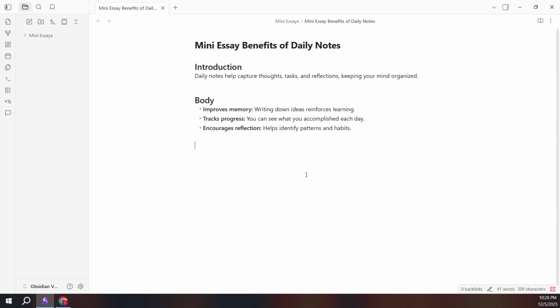Wrap up with a conclusion. Briefly restate the main point and what the reader should remember or do next. This isn't the place to introduce new arguments, just distill the essence. If you want to keep exploring the topic, you can add a link to a related note or a tag